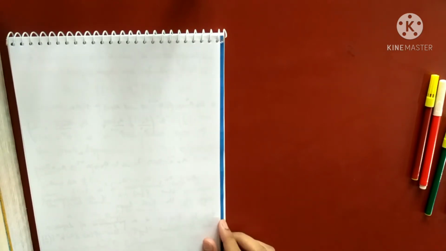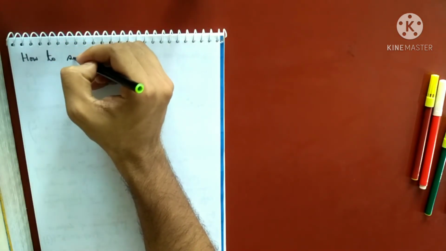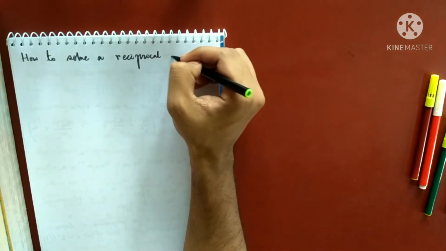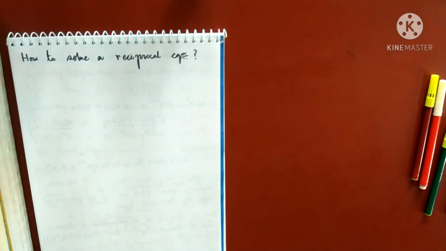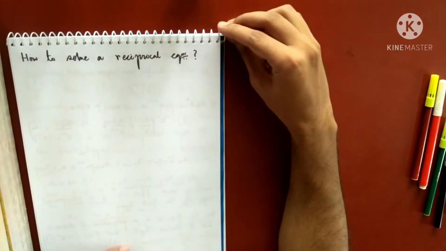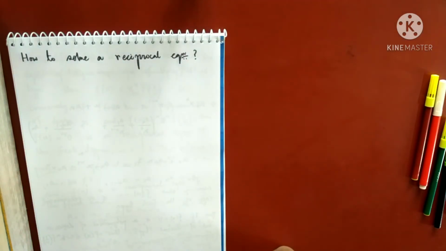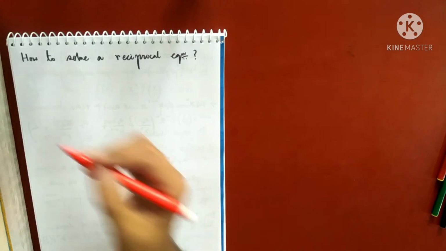Okay, that's good. Now the question is how to solve a reciprocal equation. So this is the question which we have to answer, and that is the last topic from this chapter, reciprocal equations. So how to solve a reciprocal equation? Is there any easy technique and so on? So is it always possible to solve a reciprocal equation? We have so many questions in our mind. So the question is how to solve a reciprocal equation. The answer is very simple. The answer is given like this.